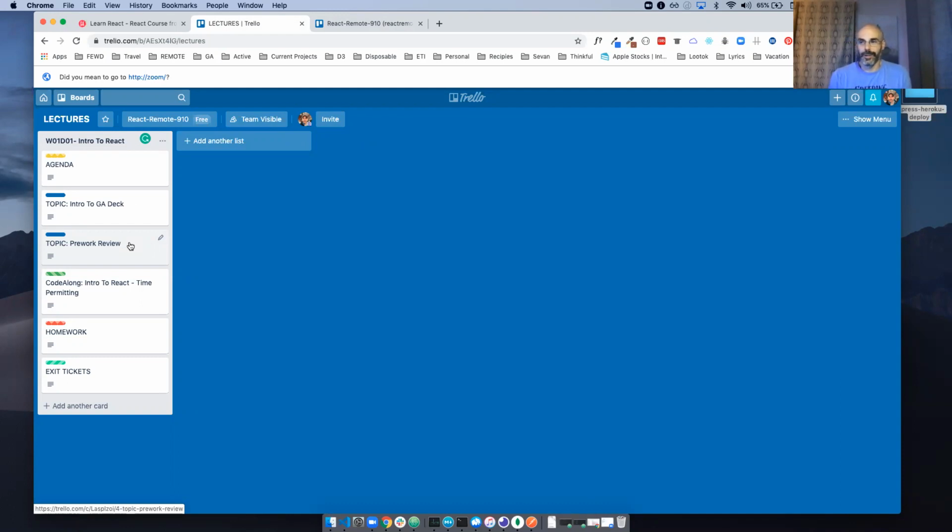What I really want to do, and I actually put here as code along, time permitting, is kind of jump into React. I've taught a 2-hour intro class to React, and don't really have much time to go into detail, so we just kind of code something out. So a lot of people that have no real coding experience could actually follow along.